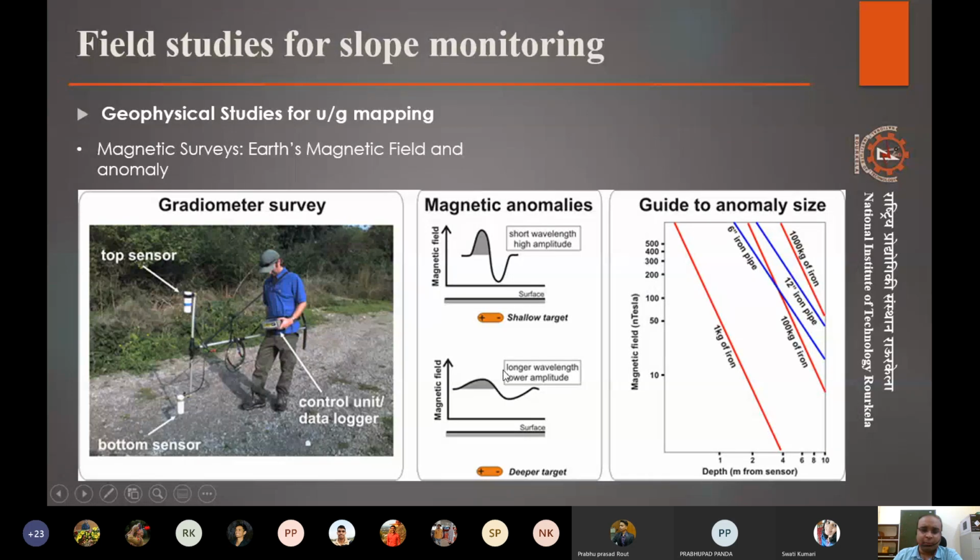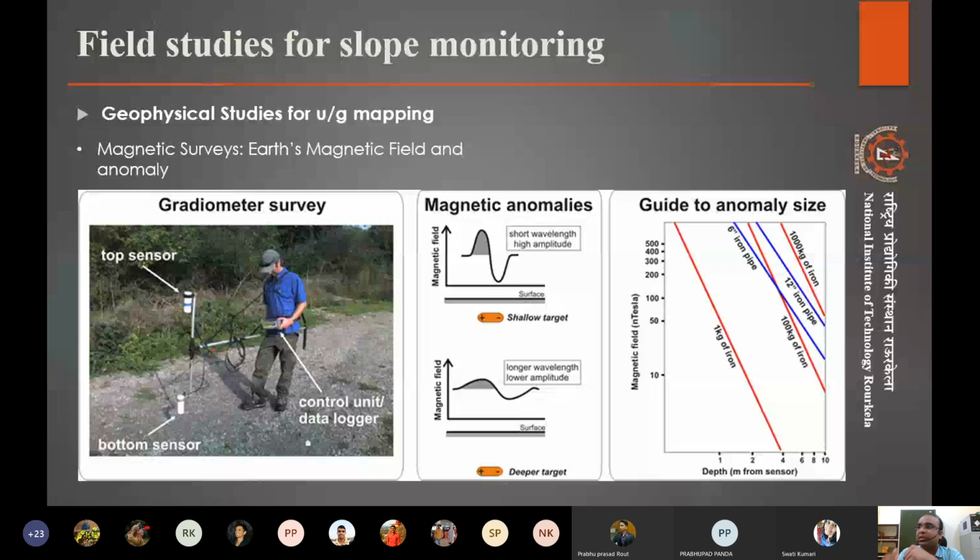Similarly, we can have some idea of what kind of change it is, and on the basis of that, we can predict that there is a presence of some material that is magnetic and is affecting the local magnetic field. So it is very important in prospecting, as well as in finding the presence of iron; even pipes and all can be found.